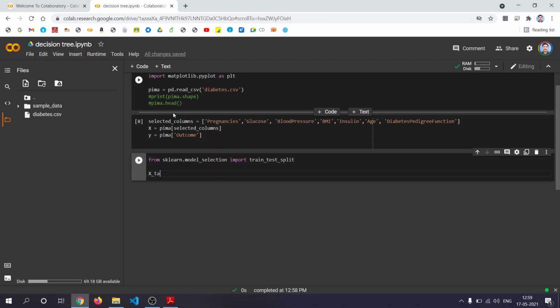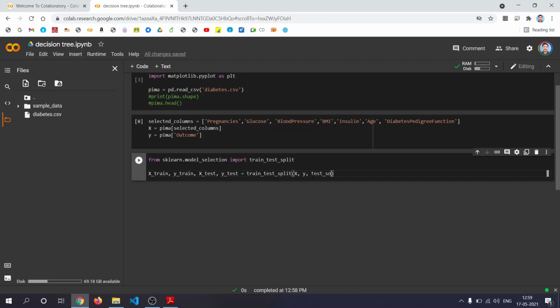Then we'll say X_train, y_train, X_test, y_test equal to train_test_split(X, y).